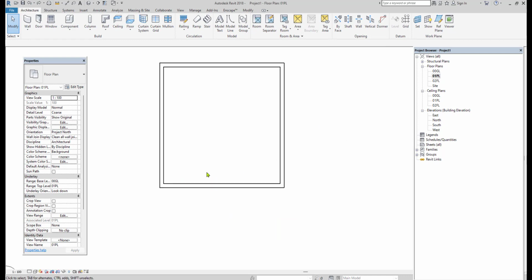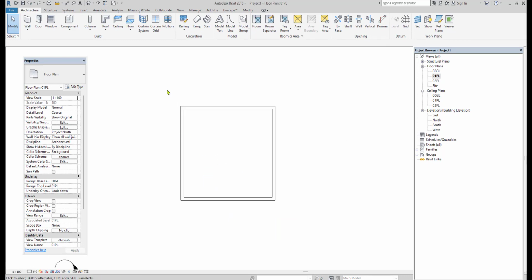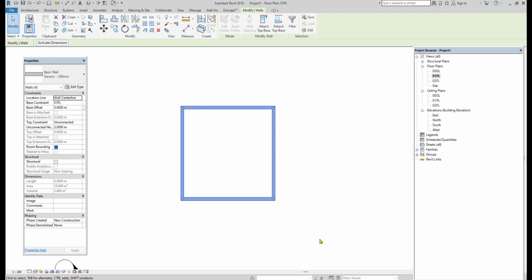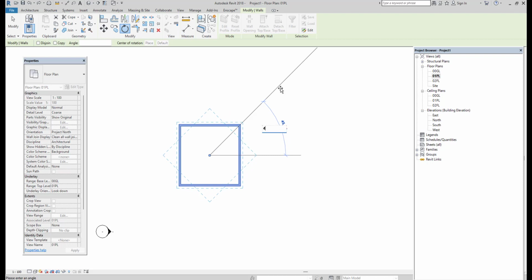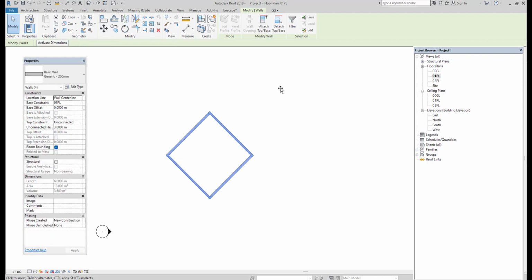Next command is rotate. In order to rotate, you have to select the portion, how much portion you want to rotate, and then go to the modify tools, that is rotate command, or else you go with the short key, that is RO. So I am going to select the second point, that is the plane of rotation. Already the software has taken the first point and then the second point, and then from that plane how much angle you want to give, that you have to give like 45, 30 according to the requirement.